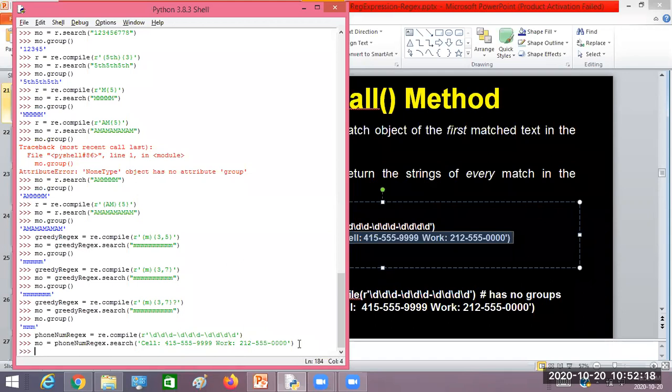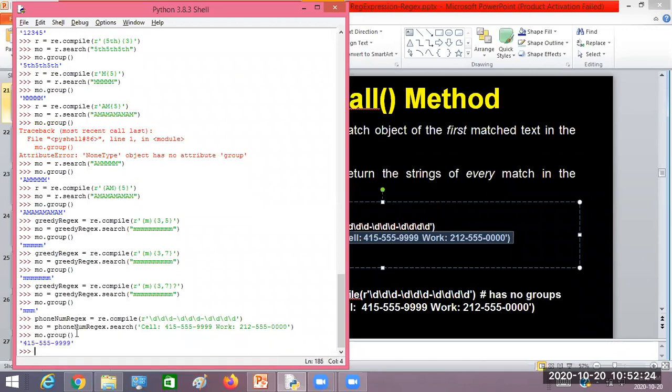But when I execute the group function, it gives me only the first matched text.